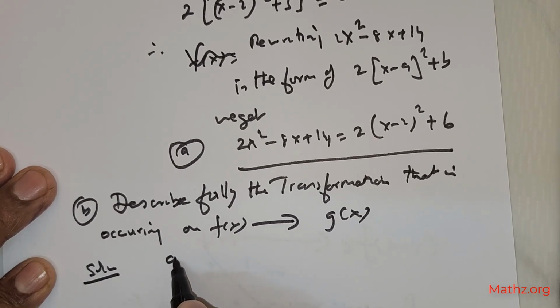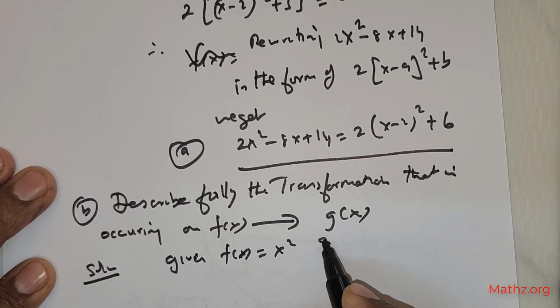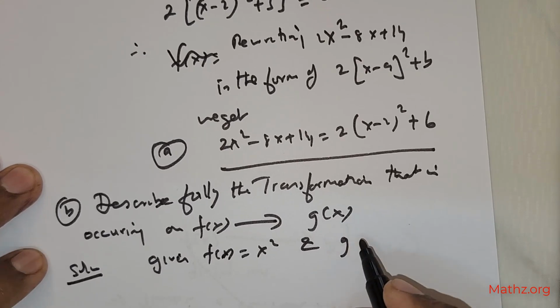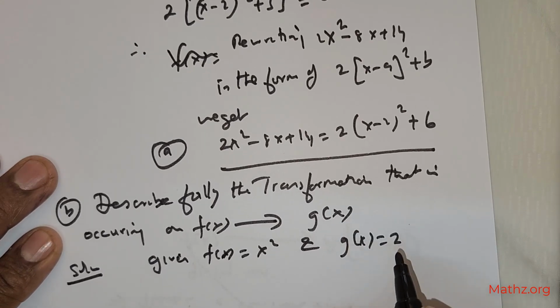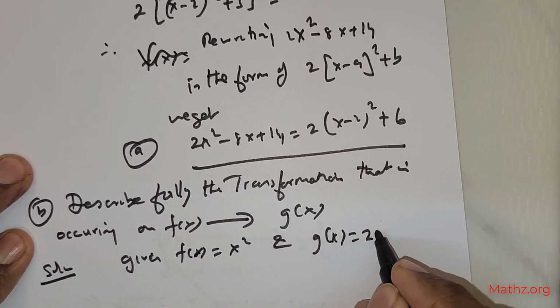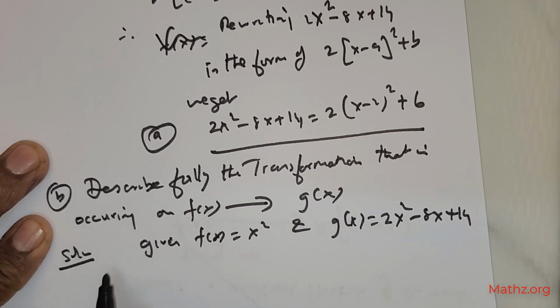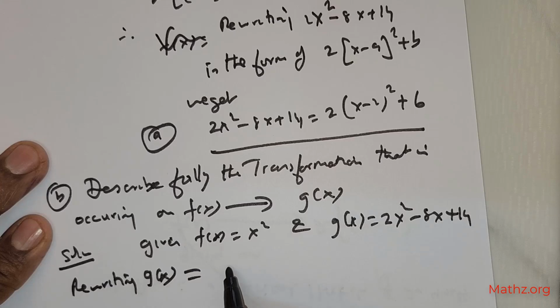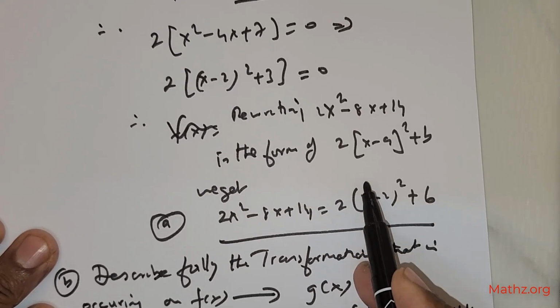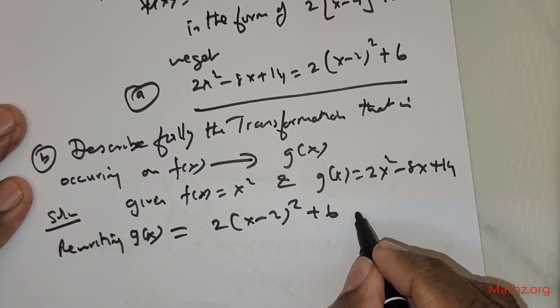What is the solution? Given f of x is equal to x squared and g of x is equal to 2 times x squared, negative 8x, positive 14. Now rewriting g of x as 2 times of x negative 2 the whole squared positive 6, right? This is what we have done. We see that